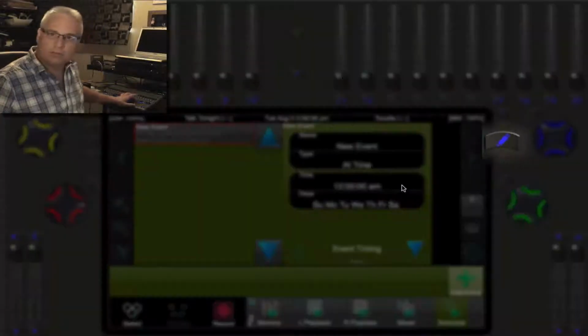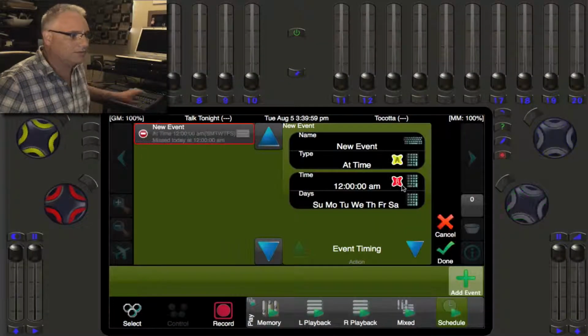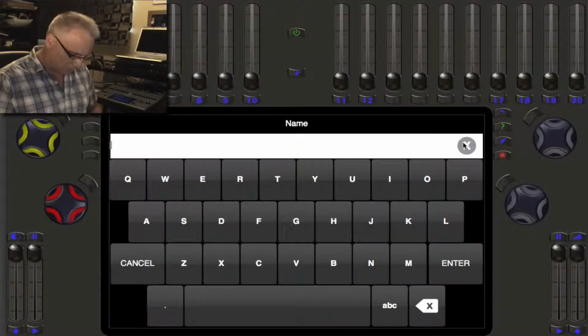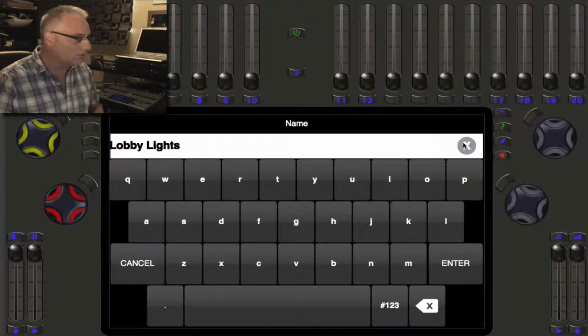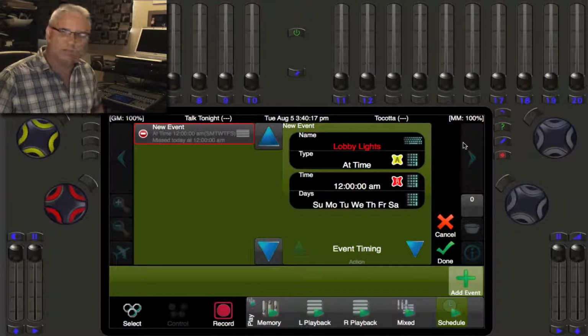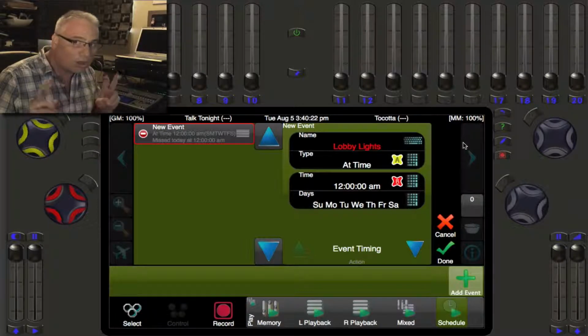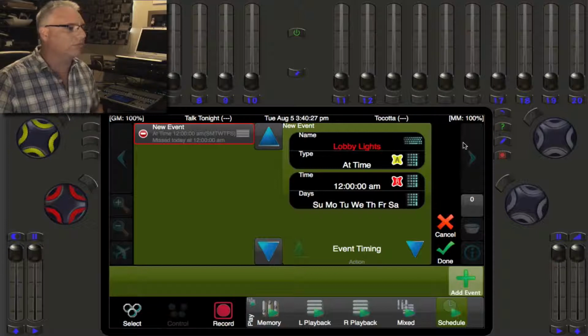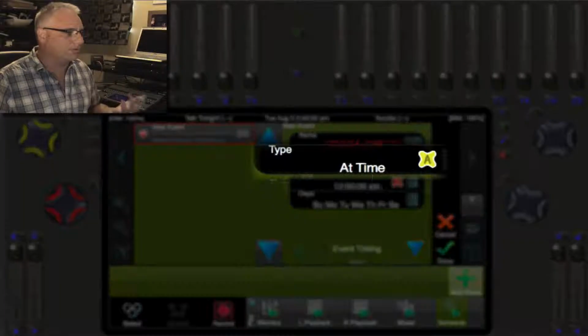Again, I'm going to hit the pencil button. We've gotten very used to doing this to edit things. And now for the name, let's call this Lobby Lights. So I'm going to type in Lobby Lights. And the lobby lights happen at a specific time. We turn them on at the beginning of the day, and we arrive at our office or sanctuary or TV studio or whatever it happens to be every day. So that happens at a specific time,